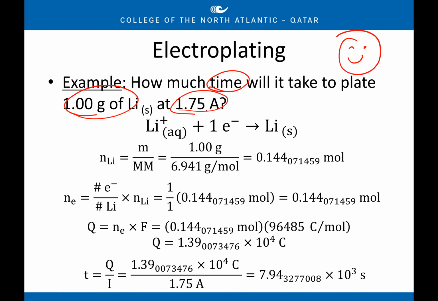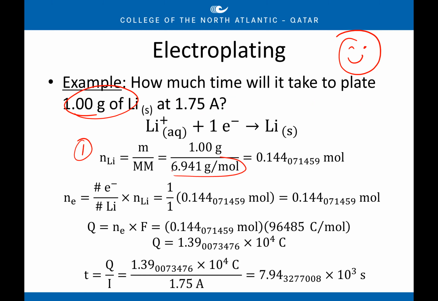It's also giving me amps. But in order to find time, I need to know Q. So my goal here is to find the amount of charge in that 1 gram of lithium. So I'm literally going backwards through my steps, right? So step number 1, my moles of lithium equals mass over molar mass, 1 gram over